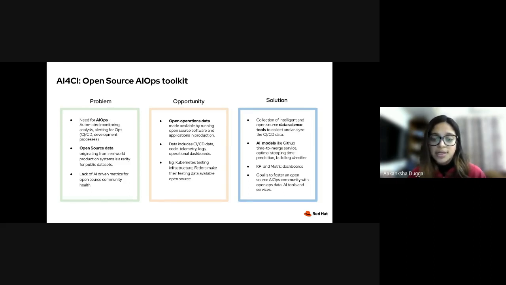This brings us to the project called AI for CI, which is nothing but a collection of open source data science tools and AI machine learning models that collect and analyze CI/CD data. The eventual goal is to foster an open source AIOps community with open operations data, AI tools, and services.